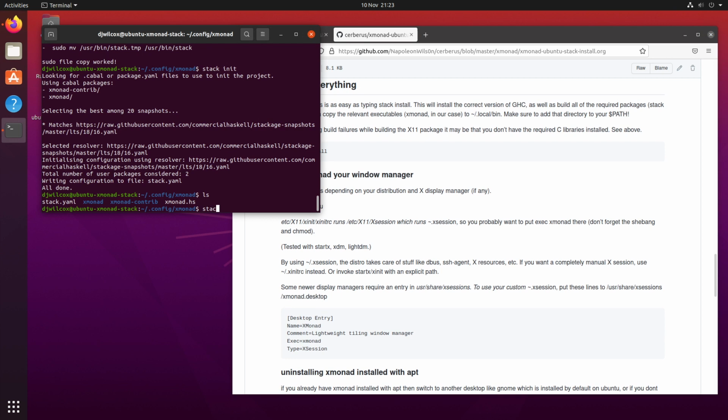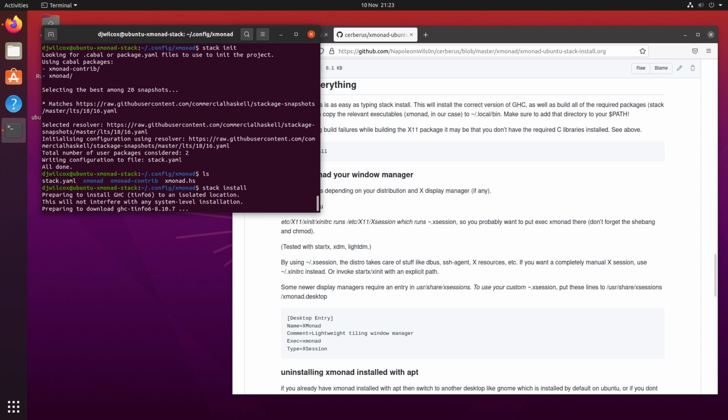We run stack install. Now this is the bit that takes some time, but you can see it's not a difficult process to actually go through. And basically what this does is it's going to go through, download some stuff, and then start downloading a load of Cabal packages. And then finally what we need to do is create a,